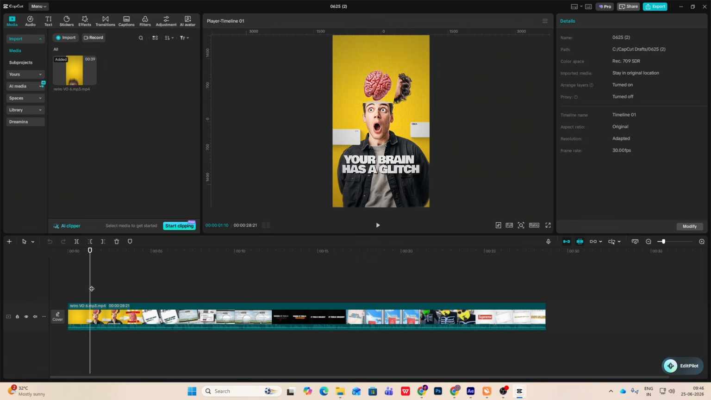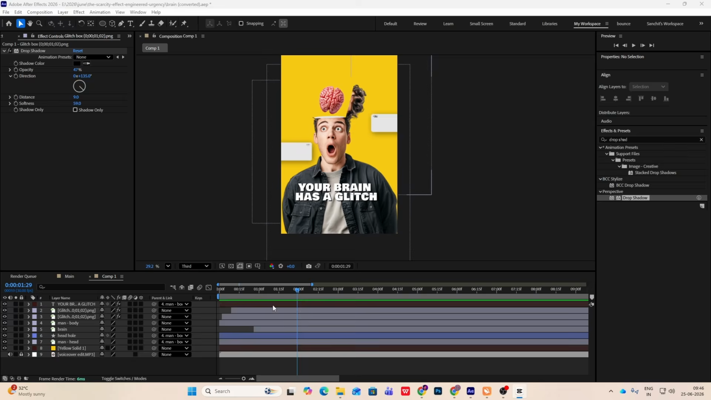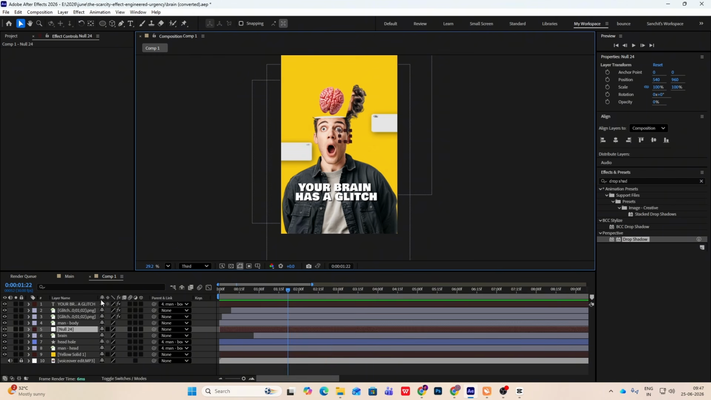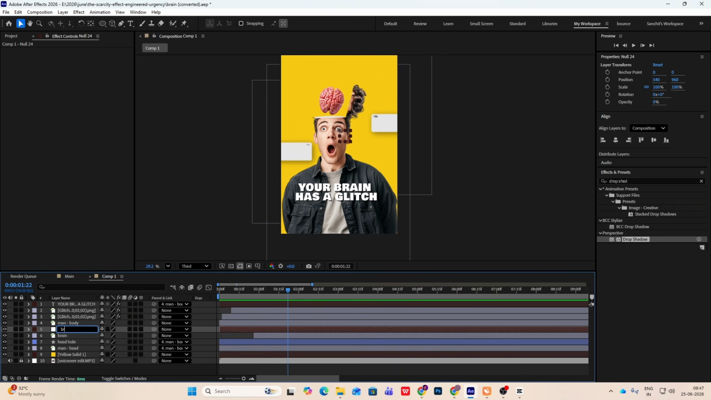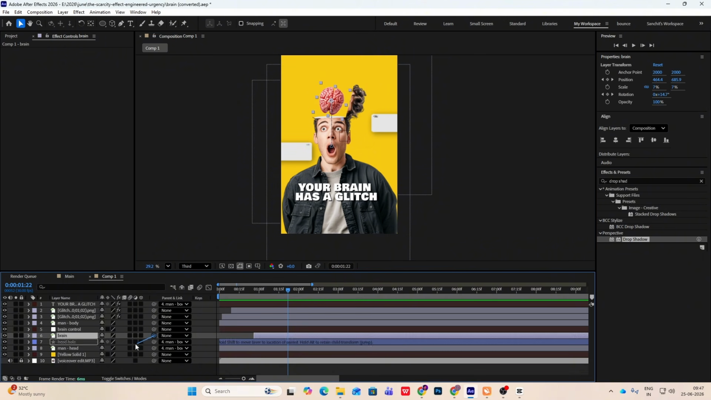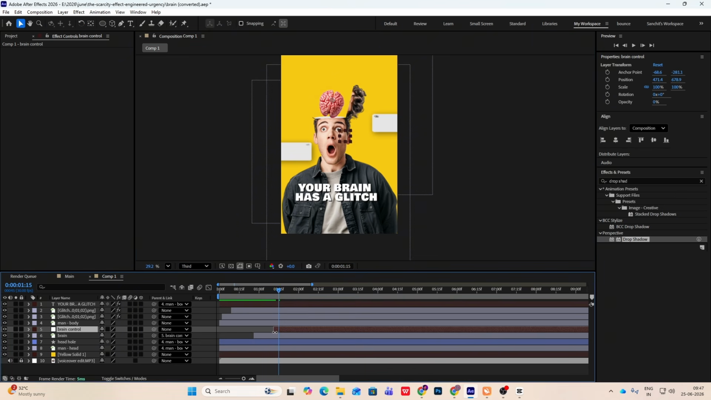And for the next scene, you can see that it simply comes back in and becomes big. So right click, new, null object, rename this to brain control. With this, we can simply connect the brain to brain control. Hit Y to bring the anchor point to the center of this. Cut this and